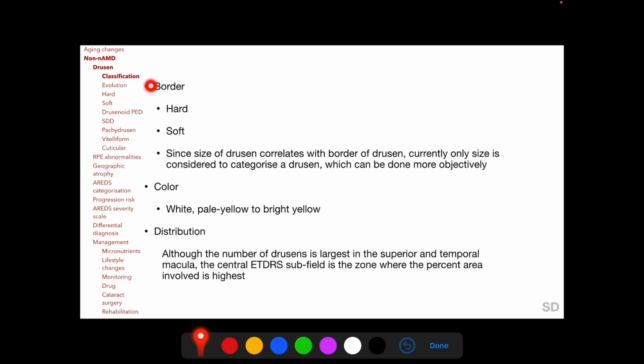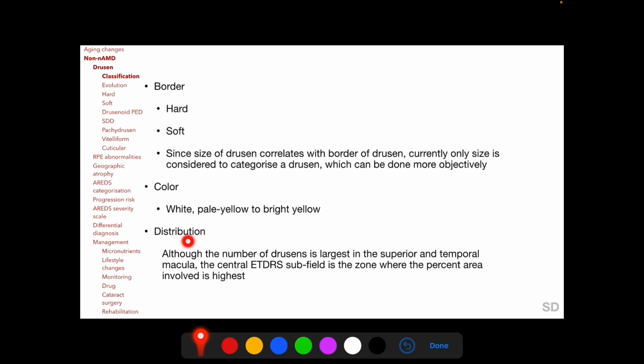As regards the border or margin, a druse can be classified as hard when it is well demarcated and soft when its margins are less well demarcated. And since size of a druse correlates well with its border, with small drusen appearing hard and large drusen appearing soft, currently only size is considered to categorize a druse for research purposes, because assessment of size can be done more objectively, and the color of a druse can vary from white, pale yellow to bright yellow irrespective of its